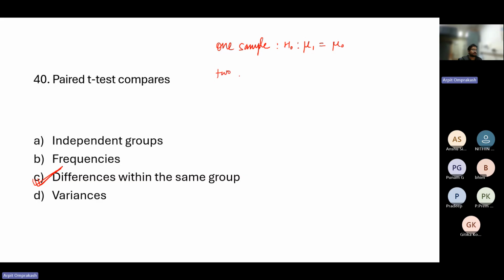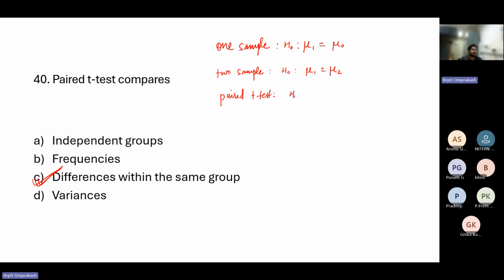Then we have the two sample t-test, where your hypothesis is basically mu1 is equal to mu2. So you have two samples and you're trying to see if the mean of both of them are the same or not. Then you have the paired t-test,